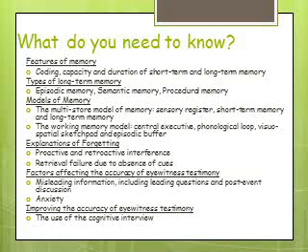We need to be aware of explanations of forgetting, so interference, retro and proactive, and retrieval failure due to an absence of cues from the environment or mental cues. We need to be aware of factors affecting eyewitness testimony, so that's misleading information, which can be further broken down into leading questions or post-event discussion, and how anxiety can have a positive or negative effect on accuracy of eyewitness testimony. We need to also be aware of how we can improve the accuracy of eyewitness testimony, so the use of the cognitive interview.